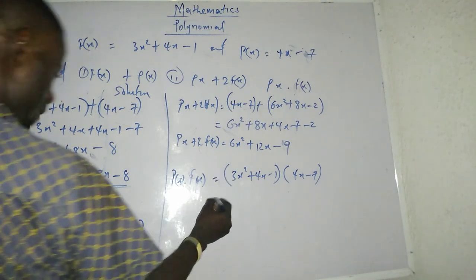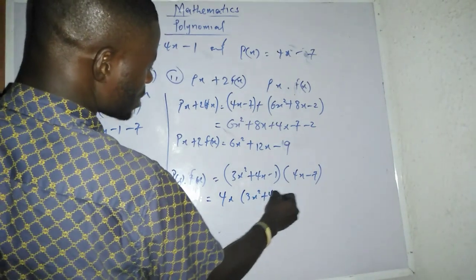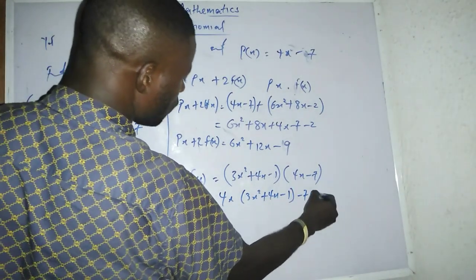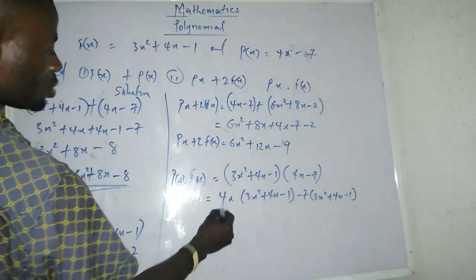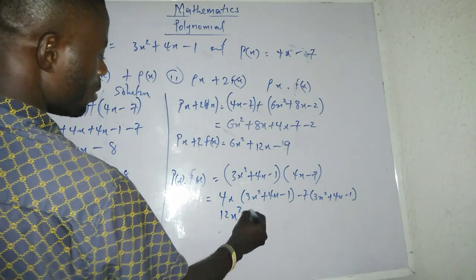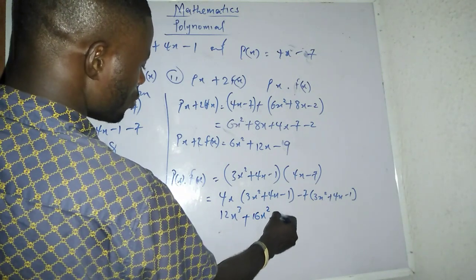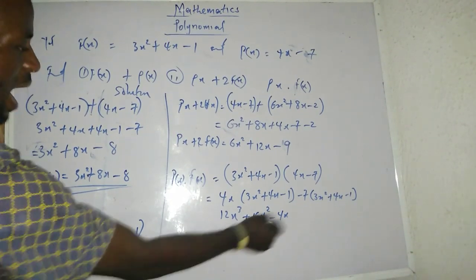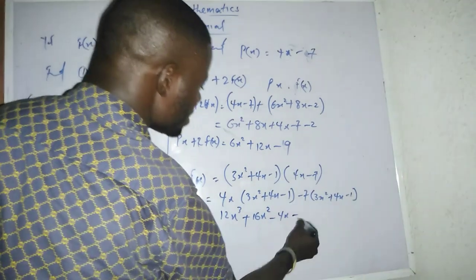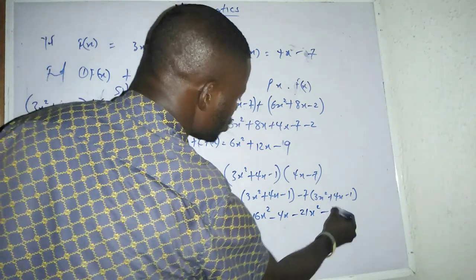It means I can multiply by having 4x bracket of 3x squared plus 4x minus 1 minus 7 bracket of 3x squared plus 4x minus 1, which I can say 12x raised to power 3 plus 16x squared minus 4x plus, and minus times this, I have minus 21x squared minus 28x